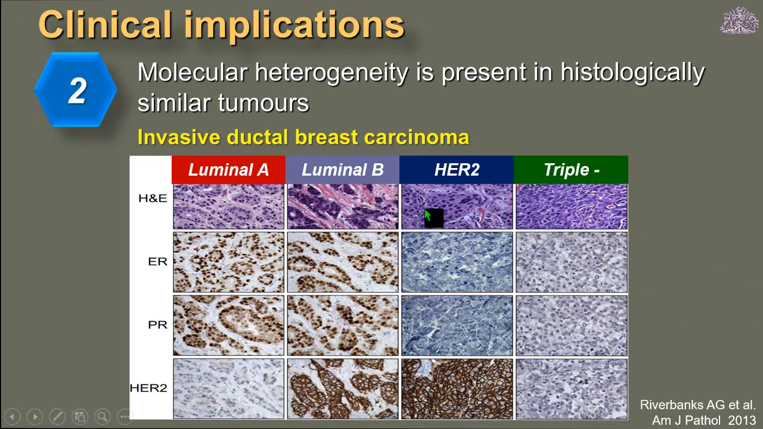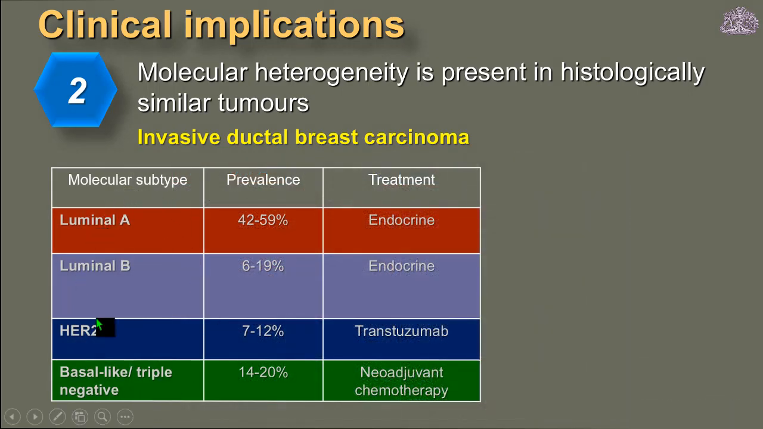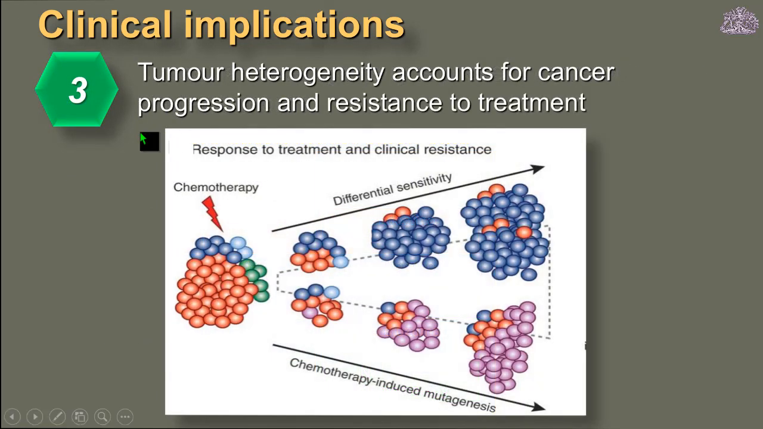So this is quite a naive representation. You can see that all these are adenocarcinoma of the breast, but with different molecular expression of estrogen receptor, progesterone receptor, and HER2 receptors. And what we know now is that depending on the molecular subtype, they're amenable to different sorts of treatment. And also, the importance of tumor heterogeneity is that it accounts for cancer progression and resistance to treatment, either due to differential sensitivity of subclones within the tumor cells, or because chemotherapy may induce mutagenesis, and that leads to